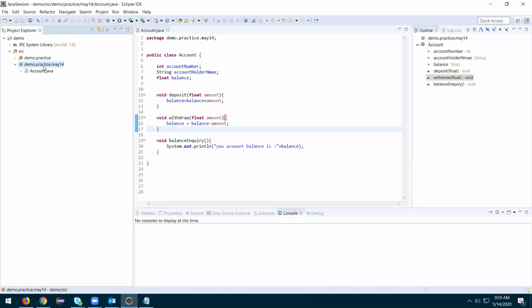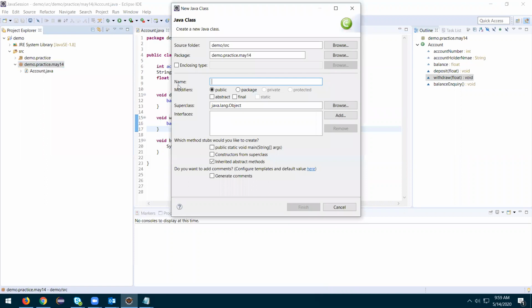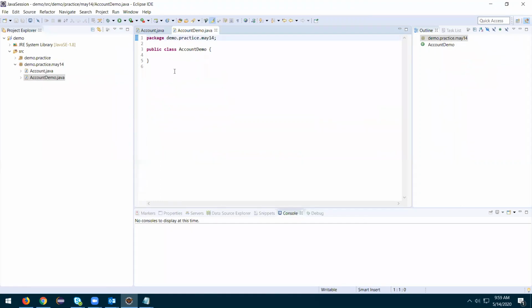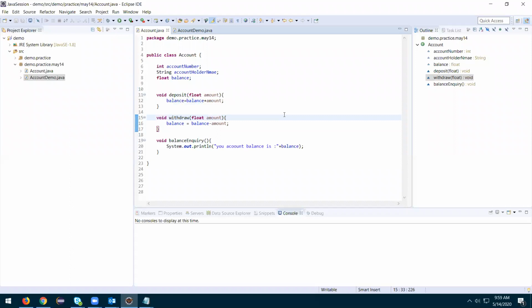Now I'll try to create an object. I created a class AccountDemo for the purpose of demoing whatever we did in Account. So why did we create Account?